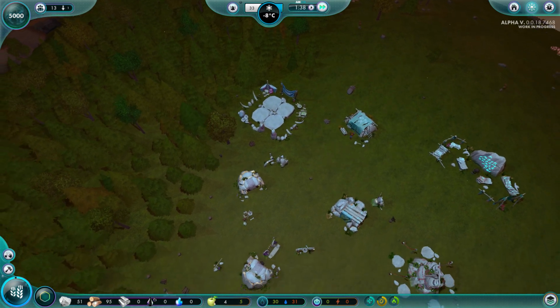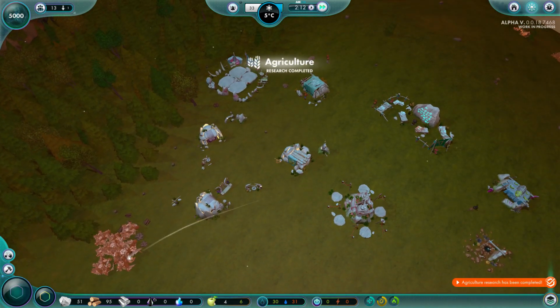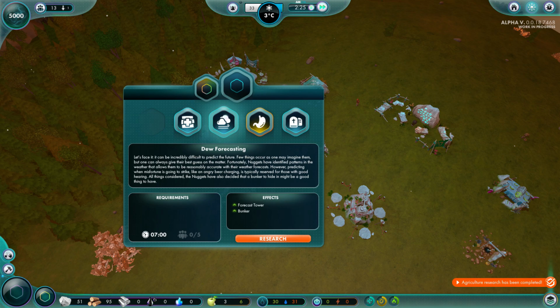Because it says we have a lot of stone and a lot of wood, but I'm pretty sure it's scattered all over the ground. Agricultural research is done. So we can now get traditional healing. Coming down with a cold can be a pretty terrible thing, but a visit to the witch doctor may or may not even make it worse. Yeah. Do forecasting. Interesting. Identify weather patterns. Predicting when misfortune is going to strike. Like an angry bear charging is typically reserved for those of good hearing. So this will give us,